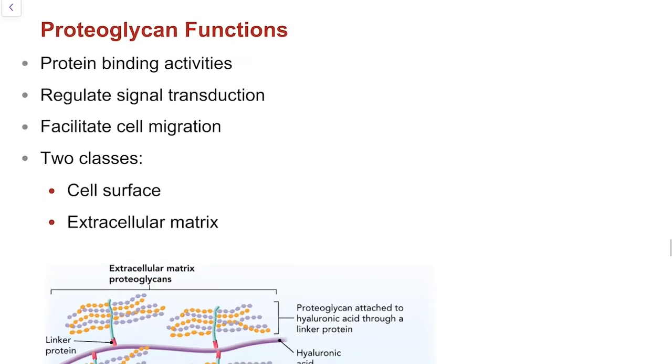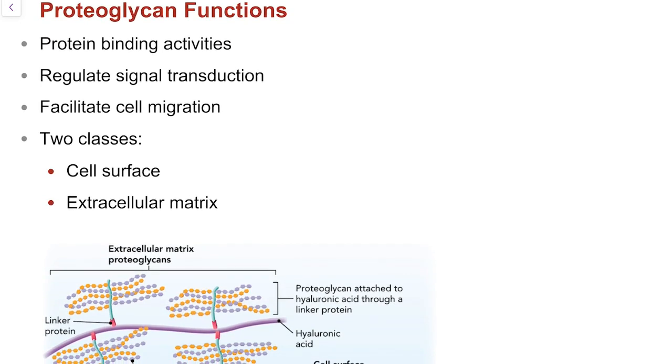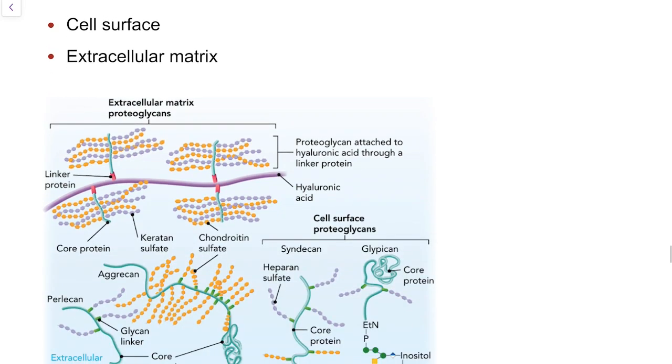Okay, so the functions of the proteoglycans are going to be multifold. They are going to help regulate signal transduction and cell signaling events, and allow for cell migration to occur. There are really two classes of these, cell surface and extracellular matrix, just based on the location that they're found. These proteoglycans are largely made up of carbohydrates that are then linked to maybe a peptide or a small protein. What you'll notice is these large repeating units, especially like what we looked at with keratan sulfate, the chondroitin sulfate,